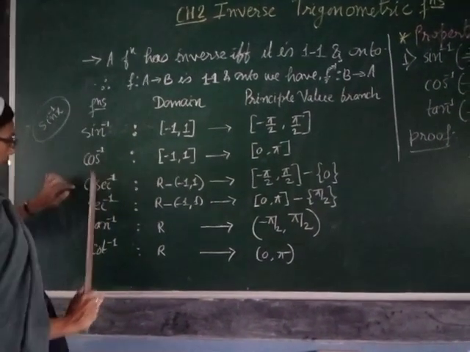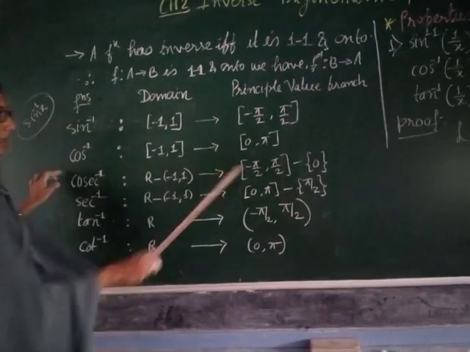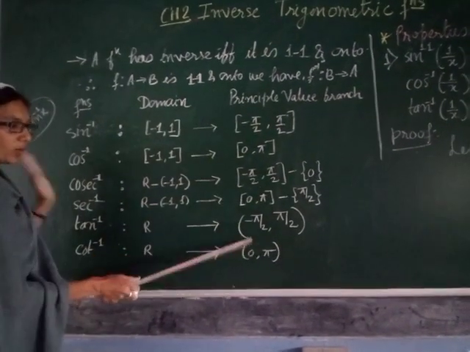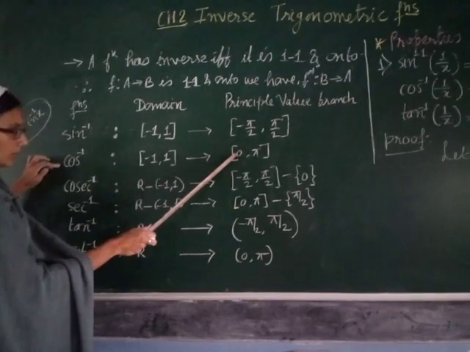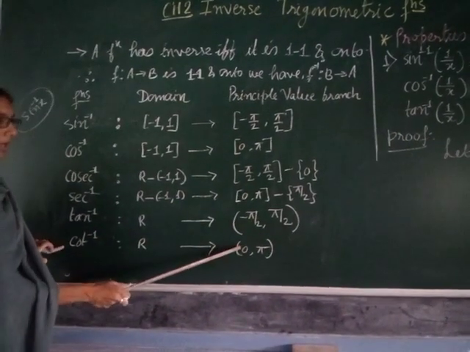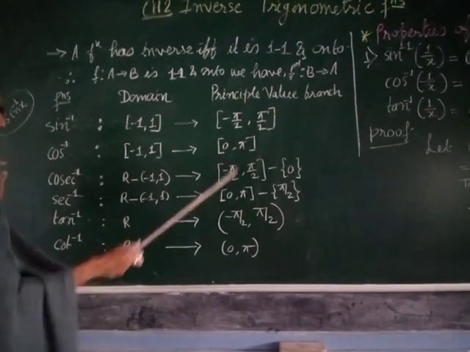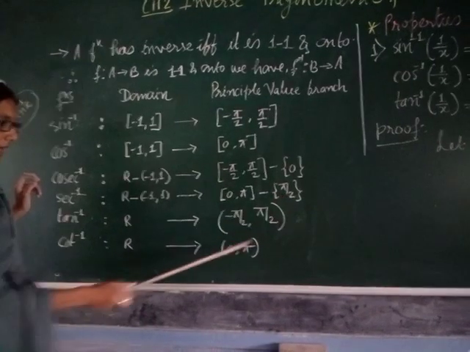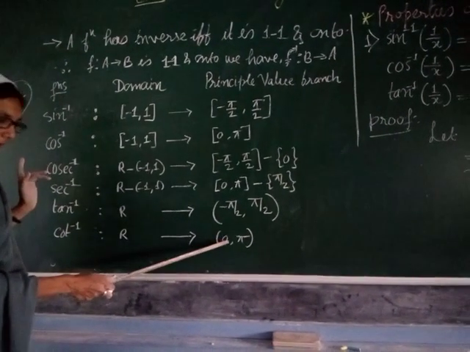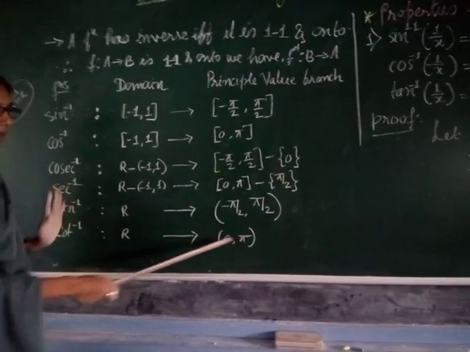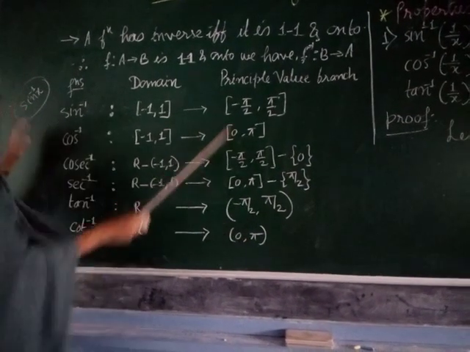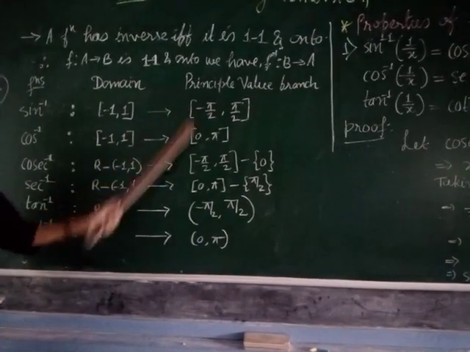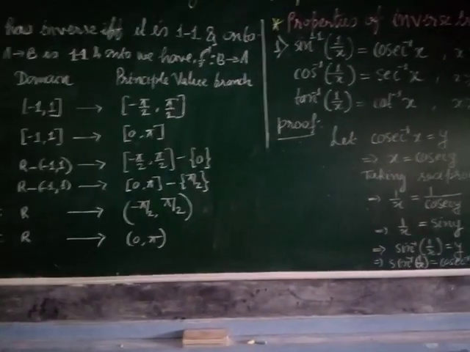And for cos, sec and cot, it is the same. What you have to remember is the range, the principal value branch range. This is more important to remember. You can see this one and this one are more or less the same. This is 0 to pi, excluding the point where it is not defined. Here it is not including the end points 0 and pi, but all other points in between. So remember, please learn by heart all these principal value branches, as they are needed for your calculation. Just note it down.